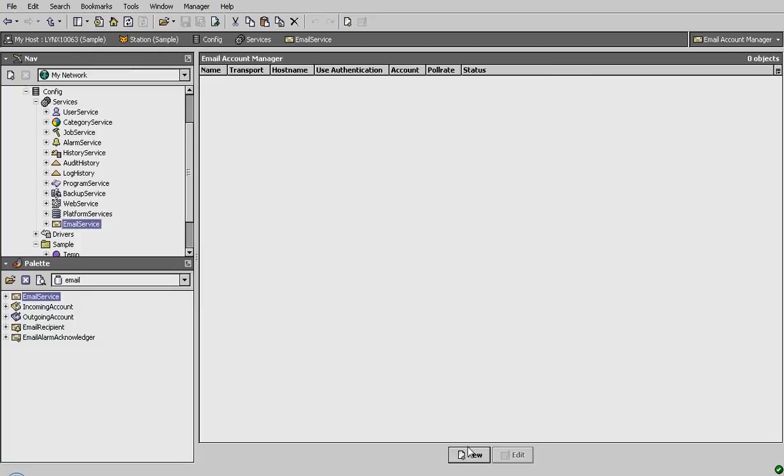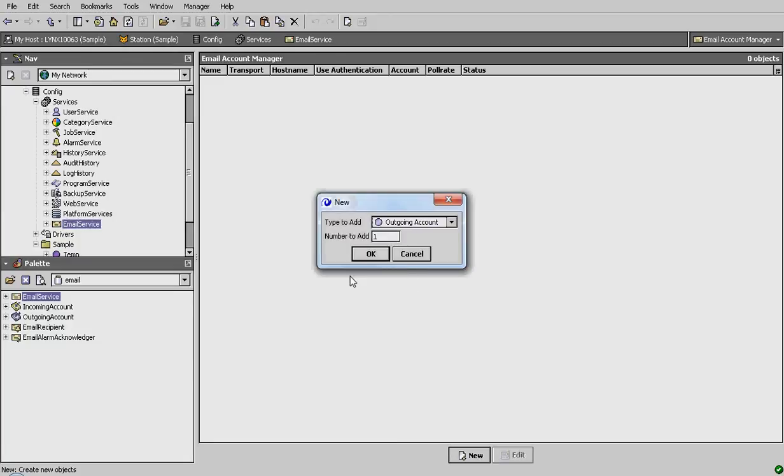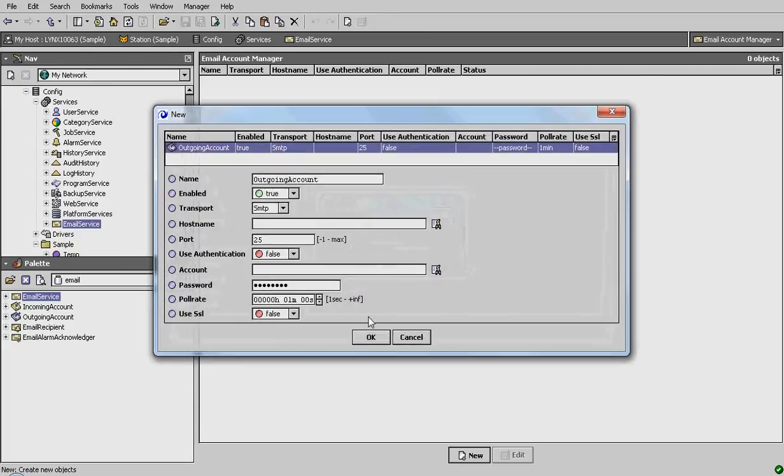The email service allows you to have multiple email accounts, but when it starts, it doesn't have any. So this is the outgoing account that the system is going to use to send you the emails from the LinkSpring history service. So how many outgoing accounts are we going to add in this case? Just one. Outgoing account, we can leave it being called that. The host name, you should probably talk to your IT department and figure out what the host name for your system is. We'll just say myhost.mycompany, whatever. Could be something in Hotmail or Gmail or something inside your system. Talk to the IT people.